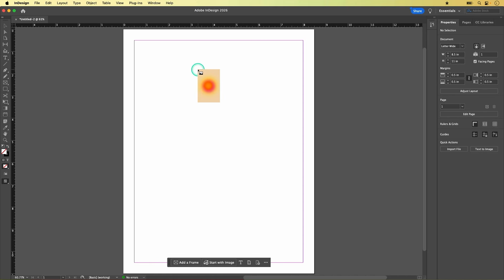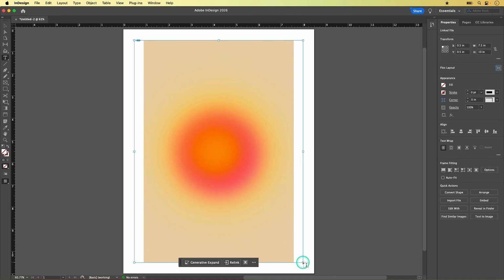We just need to create the frame that it's going to go in. So let's come up here to this top left margin, and we're going to click and drag down to this bottom right margin, but you'll notice that the frame is locked to match the proportions of the image. So to unlock that, just hold down the Shift key, and now we can drag a frame that fits perfectly within the margins, and keep holding Shift while you let go of your mouse, and that will drop the image in just